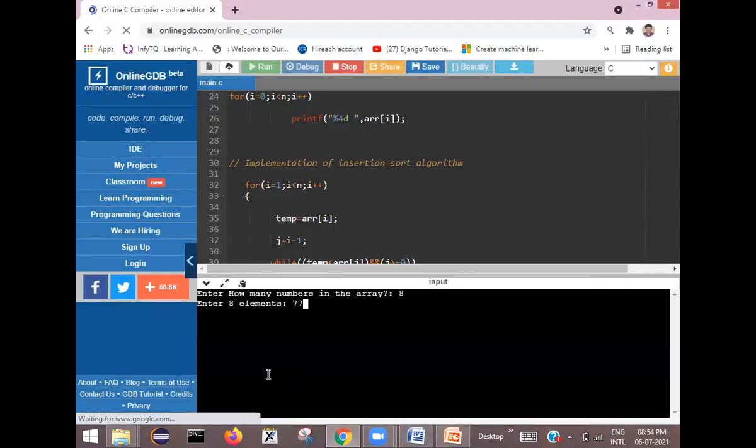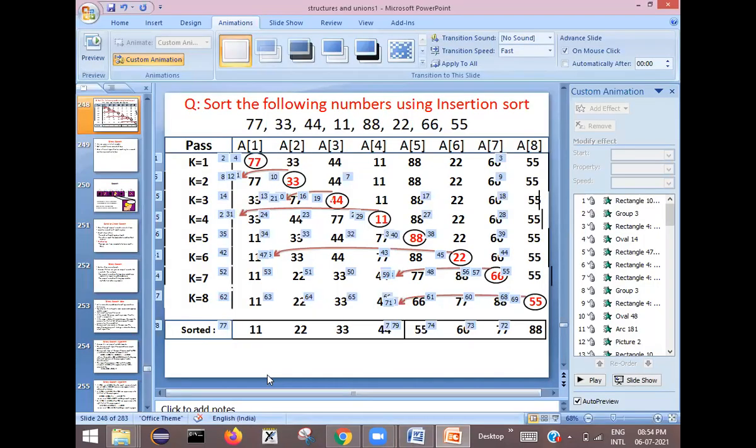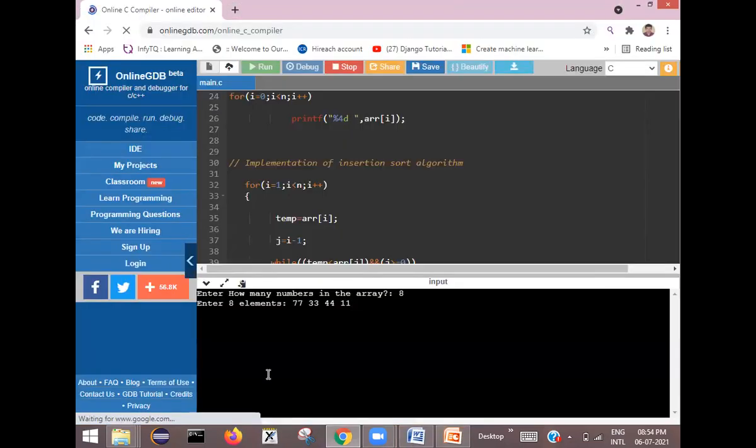So 77, 33, 44, 11, then 88, 22, 66, and 55. Okay, so these are the 8 numbers